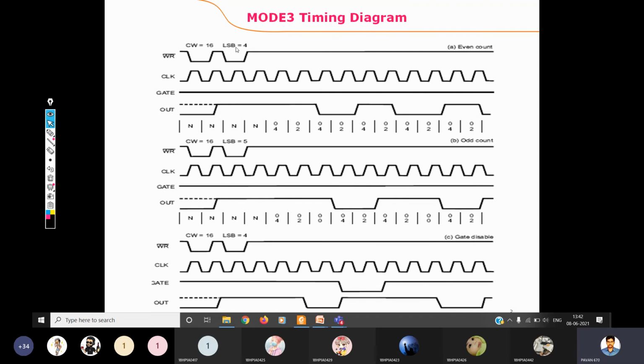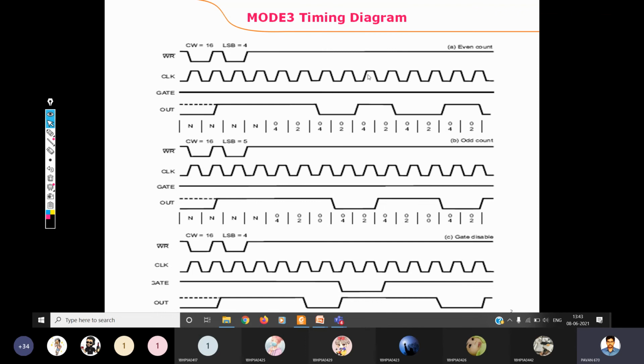That's all. Let's have a look at this one. The same explanation: the value is getting loaded here. In the next clock cycle, this value is updated and it keeps on going. If you observe clearly, this is 4, it is not 3 here. It is 2. So for every clock pulse, the count gets decremented by 2. After one clock cycle, the 4 gets decremented by 2 and becomes 2. And again, that value is loaded.